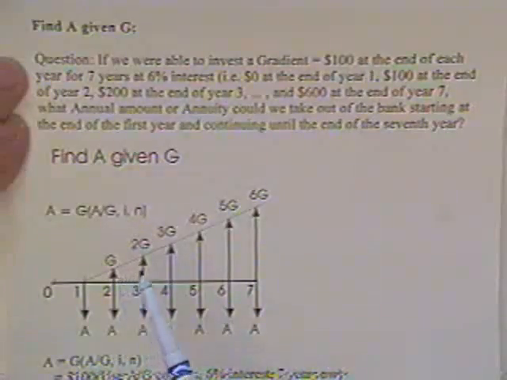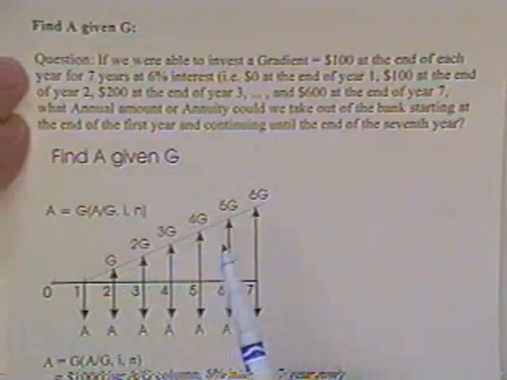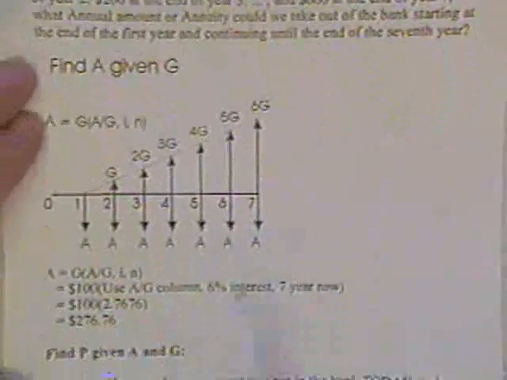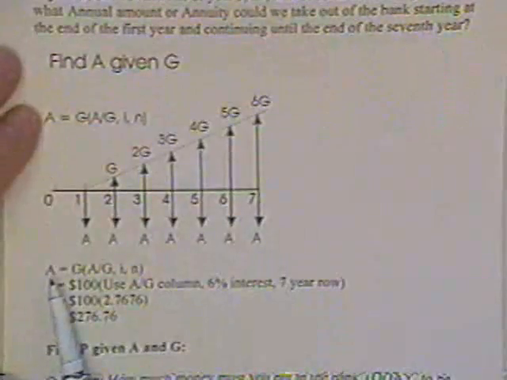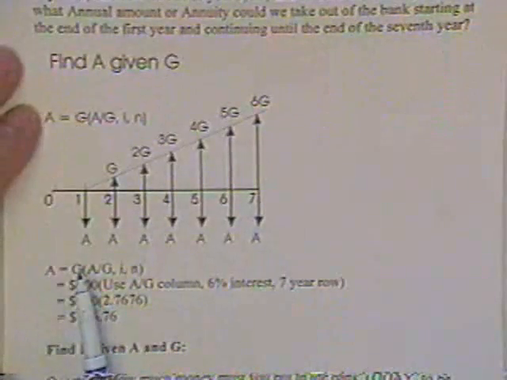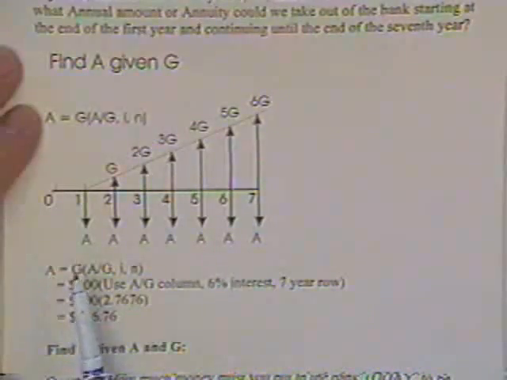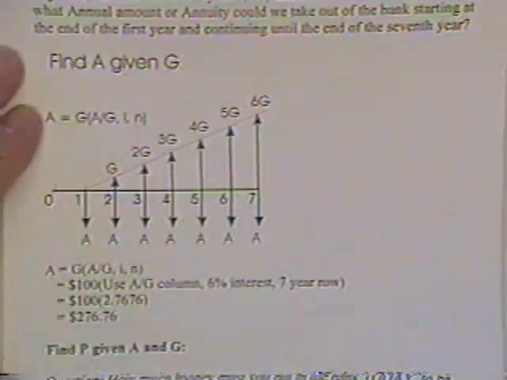$100 at the end of the second year, 200, 300, 400, 500, and 600. And I want to know what A is. And you do that exactly like you did everything else. You want to change a gradient into an annual amount, or given G, find A, or as the reference manual uses it,